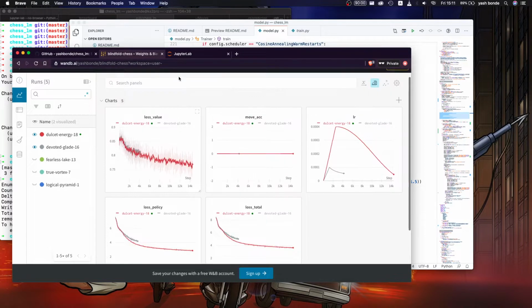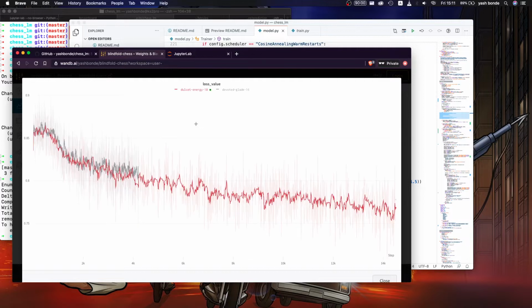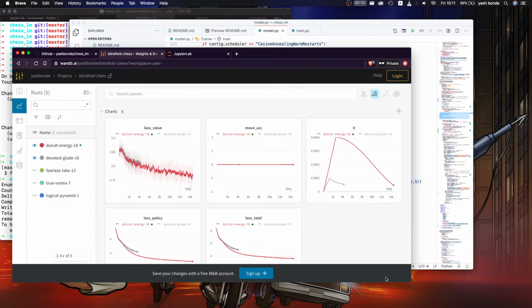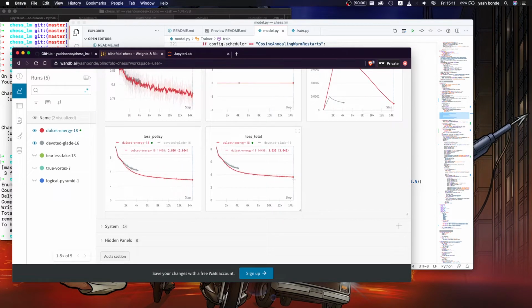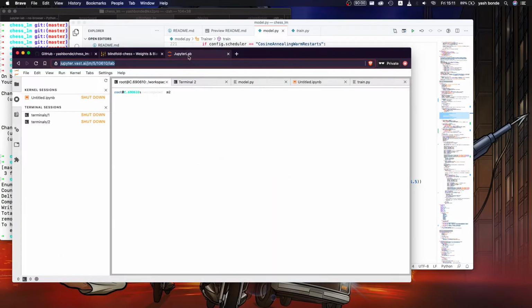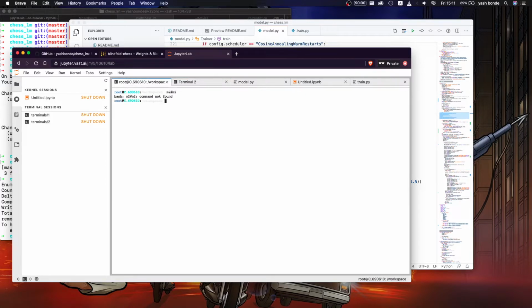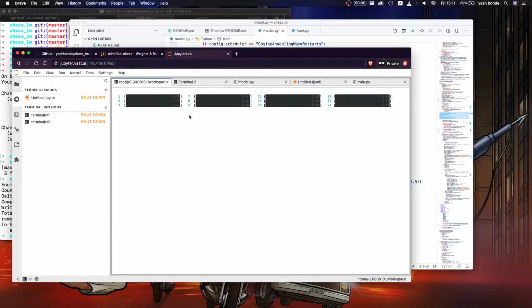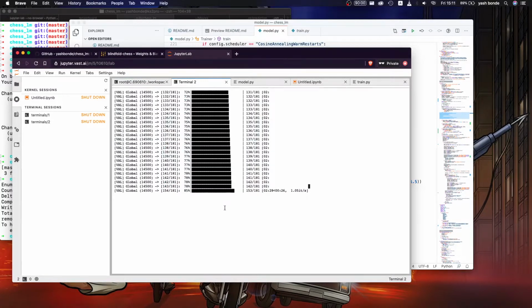But if I just show it to you on a larger scale, it doesn't really matter as much, because it's actually going from 0.85 to a little bit above 0.75, which means that the value just reduced by 0.1. We would like it to go to 0.3 or something like that, while the total loss finally goes to 3.63. So what we're going to do is stop training this model. It's still running, and yeah, let's use the cosine annealing. Yeah, just kill